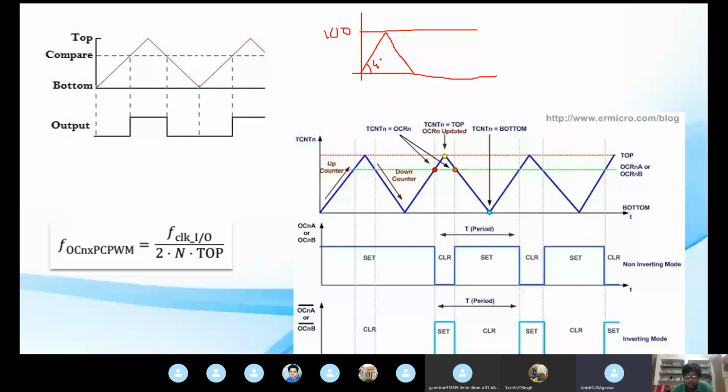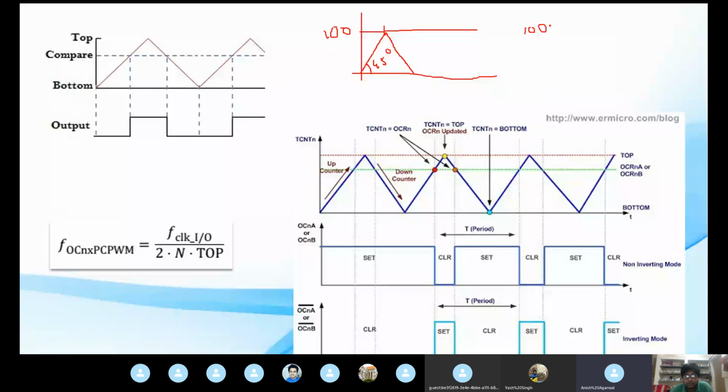So basically it is counting till 200 for one cycle. For the time period of this triangle, it is reaching the value of top and then it is coming to the bottom again. So it is taking a time of 200. So how many cycles are possible? The cycles possible are 5.